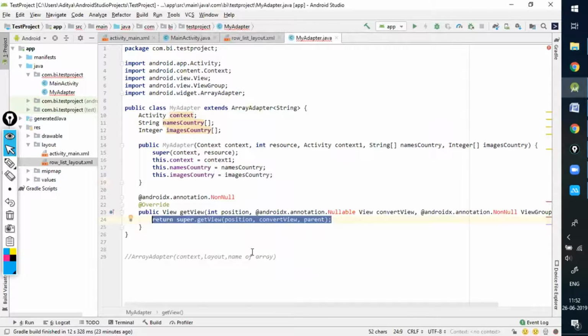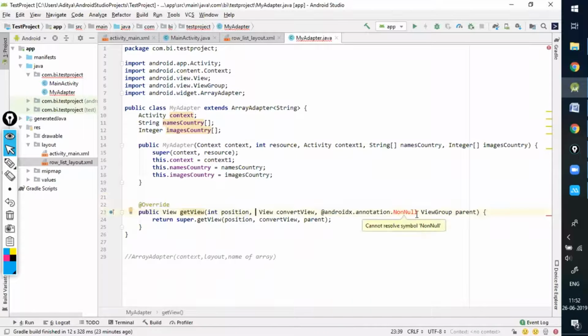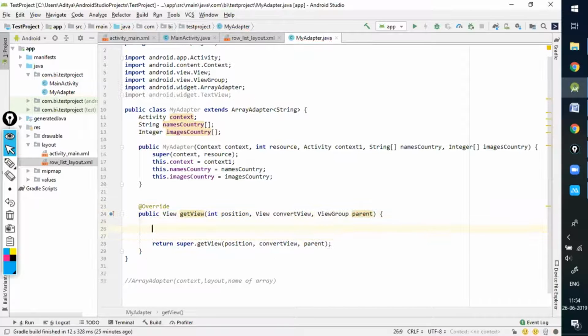Now you are seeing plenty of red color errors over here. What do you have to do? Just remove these notations. These are known as annotations in Java. So I have removed these annotations. Now we have to tell the structure of the box to this adapter. For telling the structure of the box, I'll use a class known as LayoutInflater. LayoutInflater